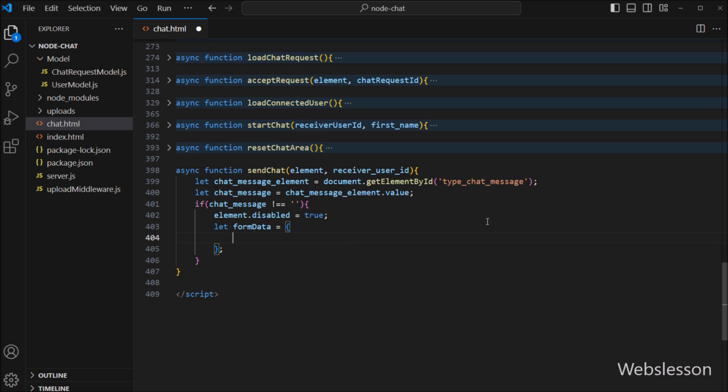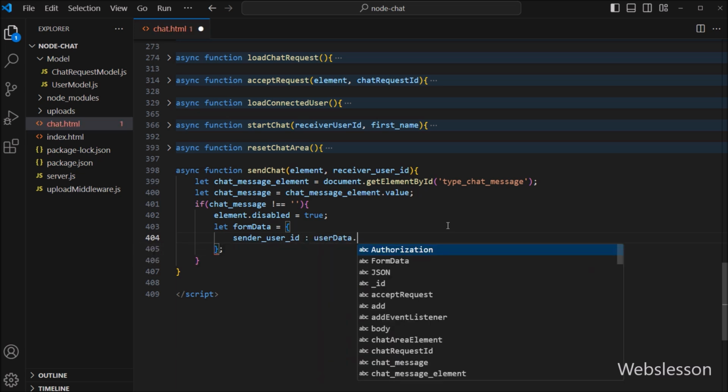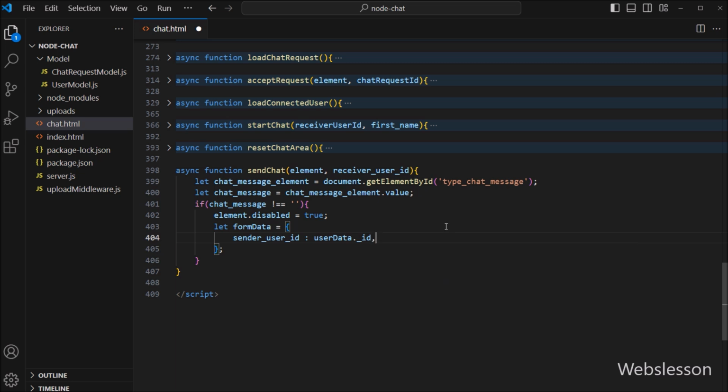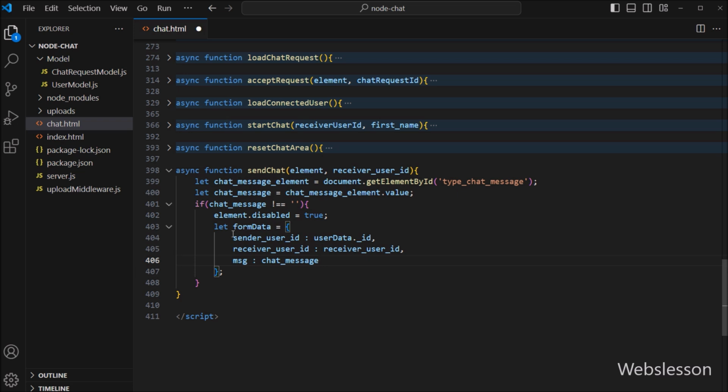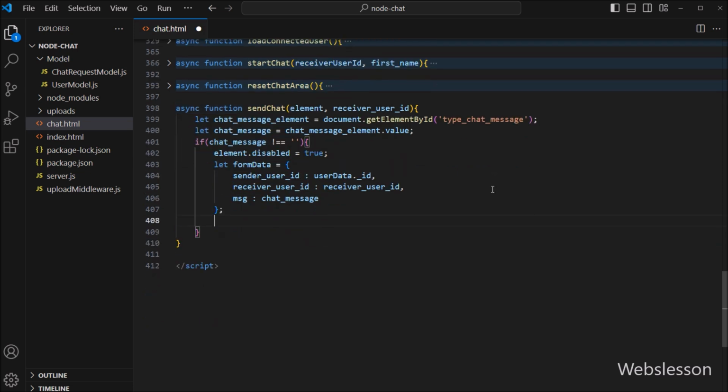In the first key, we write senderUserID, and in the value, we write the userData.id variable. So here, we store the login user ID data under this key. In the second key, we write receiverUserID, and in the value, we write the receiverUserID variable. In the third key, we write message, and in the value, we write the chatMessage variable. So here, we store the required chat data in the formData variable, and now we want to send the data